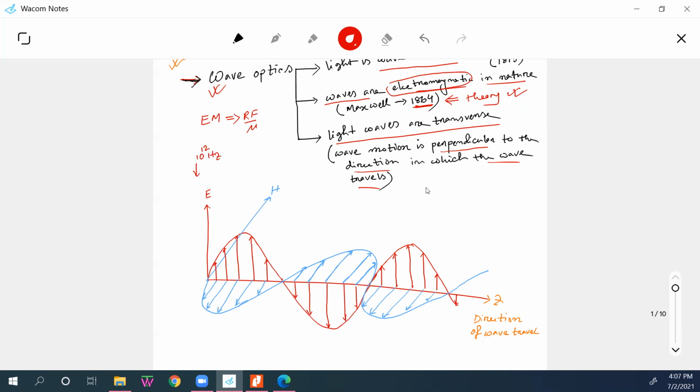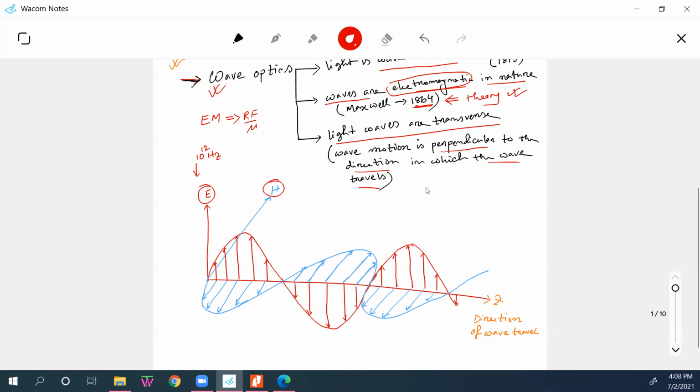So it is an electromagnetic wave. Optics is also an electromagnetic wave. It has electrical properties and magnetic properties, or we can say it has an electrical component and a magnetic component. I don't know whether this picture is clear. I am actually very bad at drawing, so I don't know whether you can understand it.